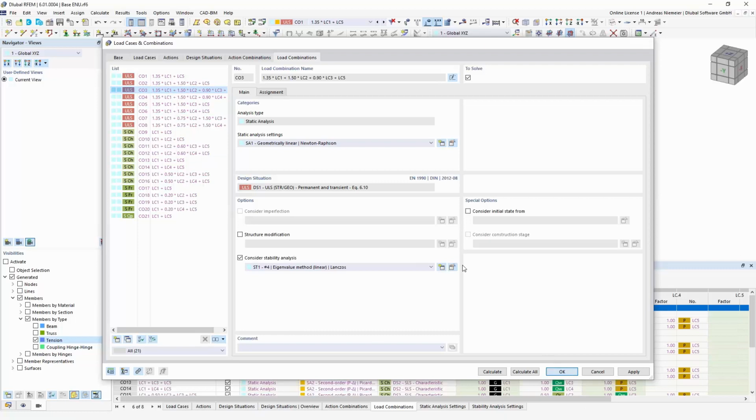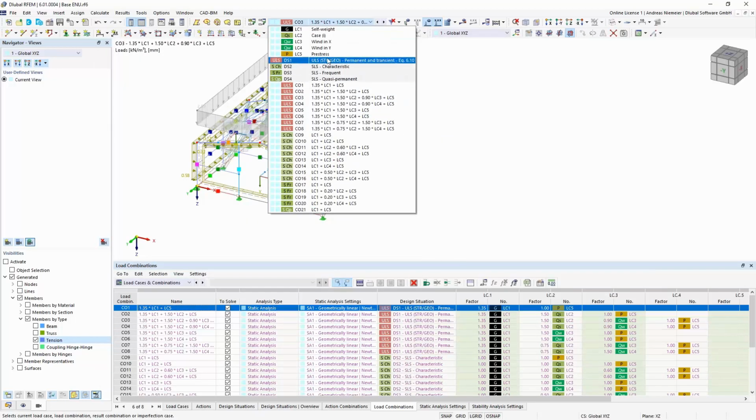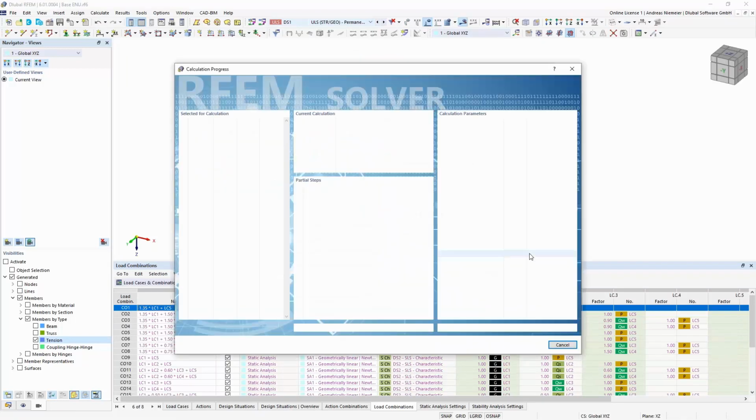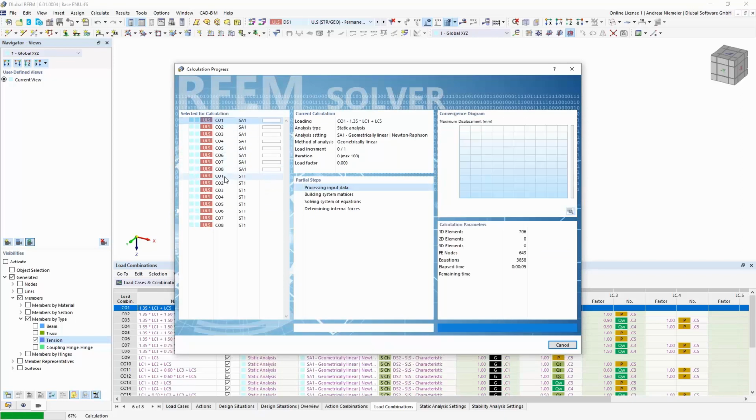And if we start now the calculation of this design situation, we get results for the structural analysis. You see the internal forces and eigenvalues for this same set.